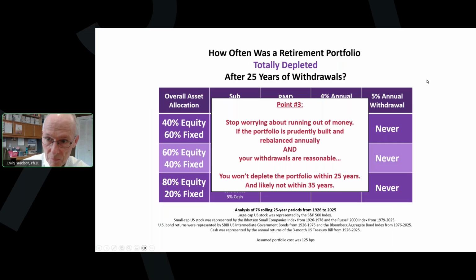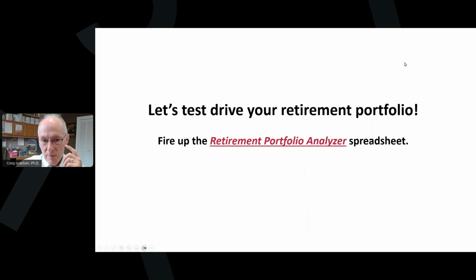So point number 3, perhaps we might stop worrying about running out of money. If the portfolio is prudently built and rebalanced annually and the withdrawals are reasonable, we just won't deplete it within 25 years and likely not within 35 years. So let me show you a couple of screens that will give you a sense